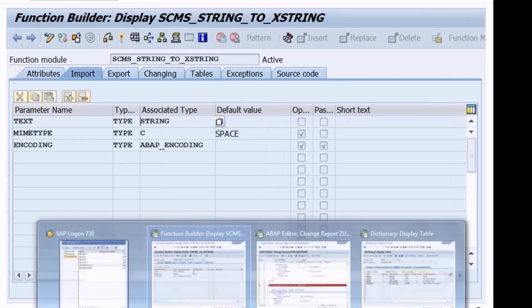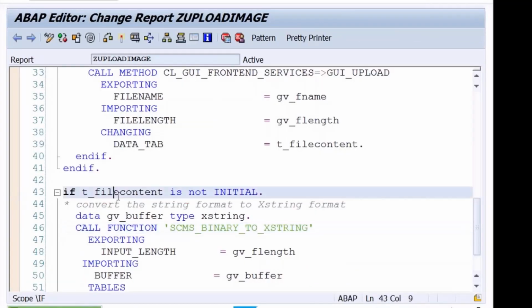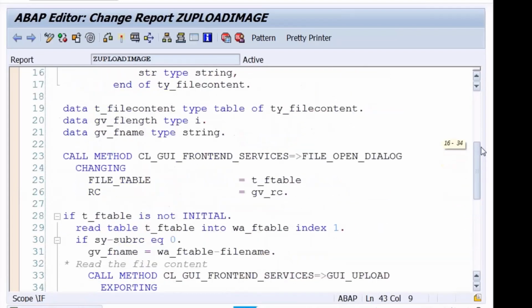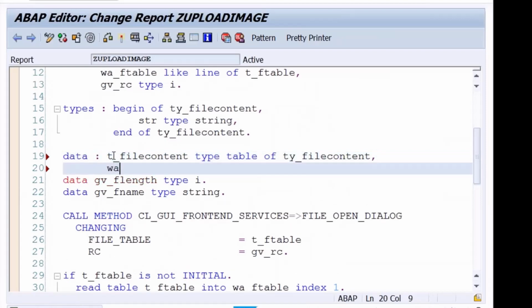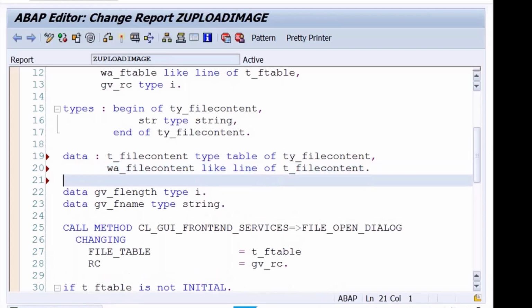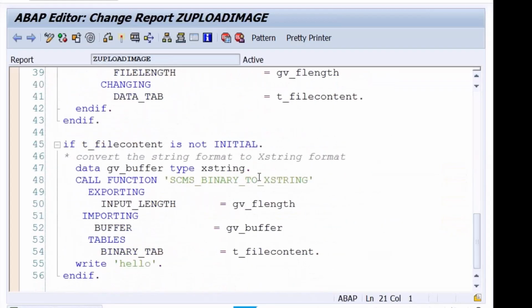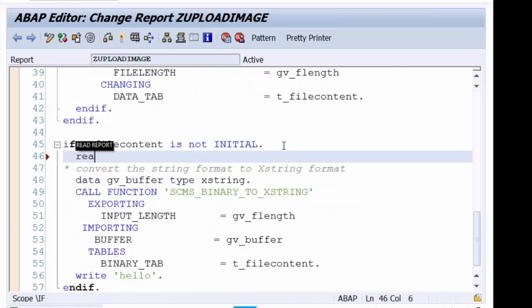So I'll do one small change here. If T_FILE_CONTENT is not initial, I'll declare a work area also, like line of T_FILE_CONTENT. Okay, done. So here, if it is not initial, read table T_FILE_CONTENT into W_FILE_CONTENT index 1.